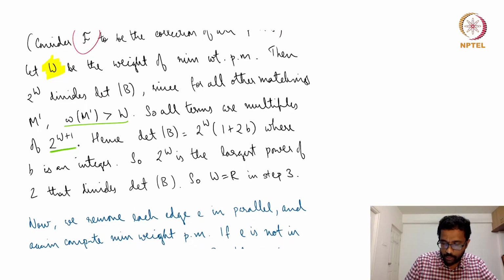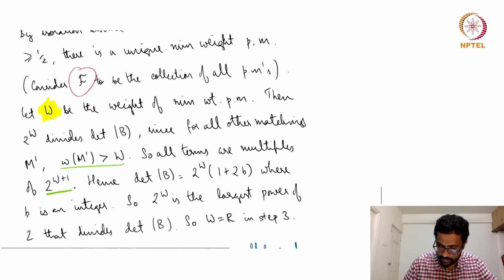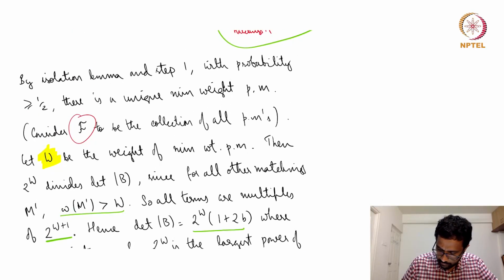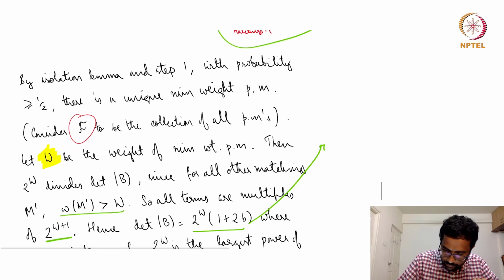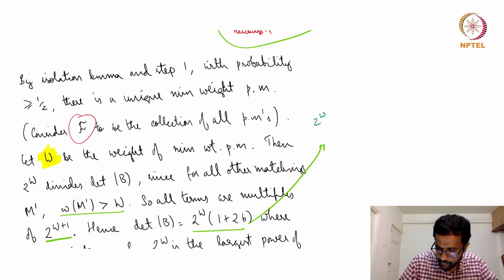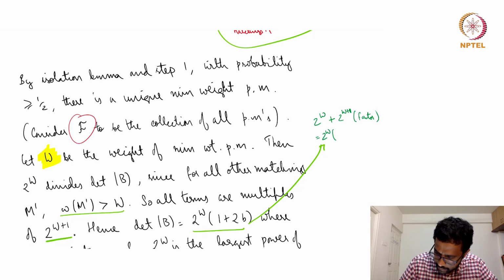So there will be one 2 power W term, and the rest you should be able to take out. What I am saying here is the determinant will be one 2 power W term plus the rest of it, all of which will be multiples of 2 power W plus 1 and some factor. It could be positive, negative, something. Which means you could take out the 2 power W and then say 1 plus 2 times the factor,